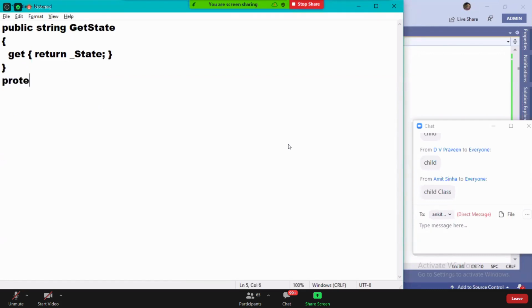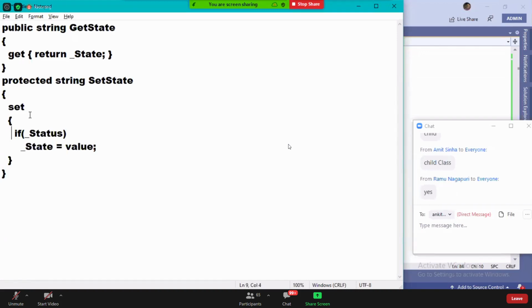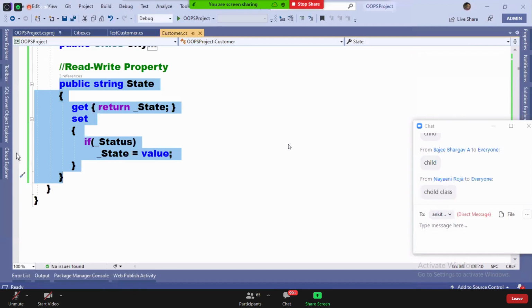Next, protected string SetState, a write-only property. Did you understand this? Now tell me, who can get the value? Anyone. Who can set the value? Child classes. So we used to define two separate properties like this.